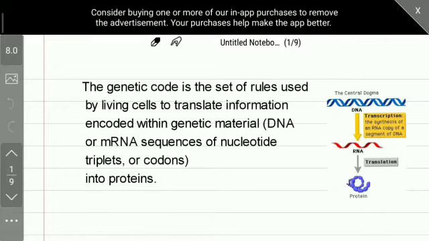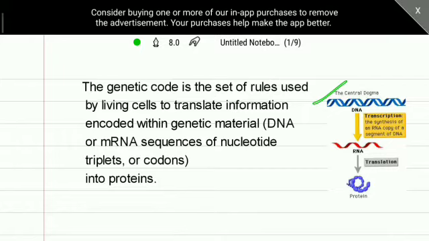Now you can see at the top of the diagram, this is the DNA, and information in the DNA is transferred to mRNA. The process is called transcription. From mRNA, proteins come out by the process called translation. Whatever information is in the DNA comes directly through mRNA to form proteins.